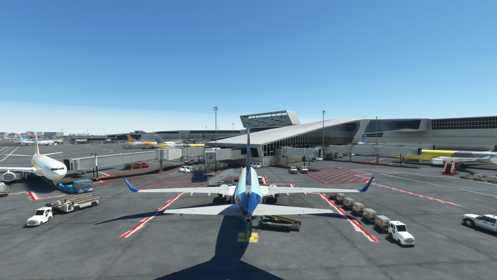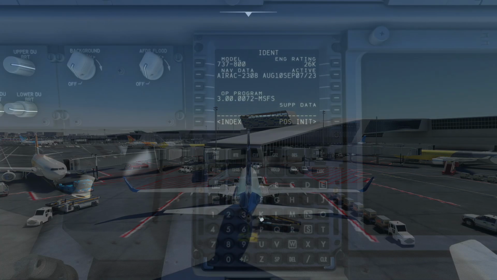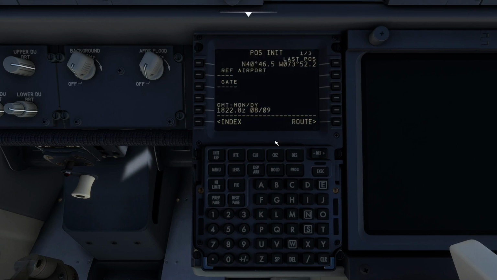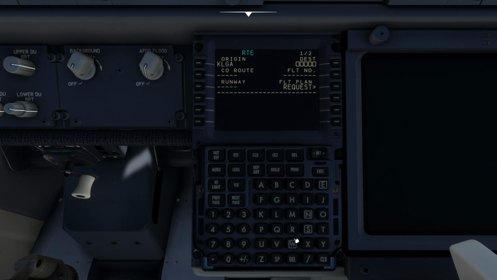The 737 is capable of importing the flight plan using a data link, but we will build manually for practice. Before building the route, we start by checking the FMC database is current. We can now enter LaGuardia as a reference, then enter it into the departure airport field, and enter KPHL in the arrival airport field, the airport code for Philadelphia International Airport.